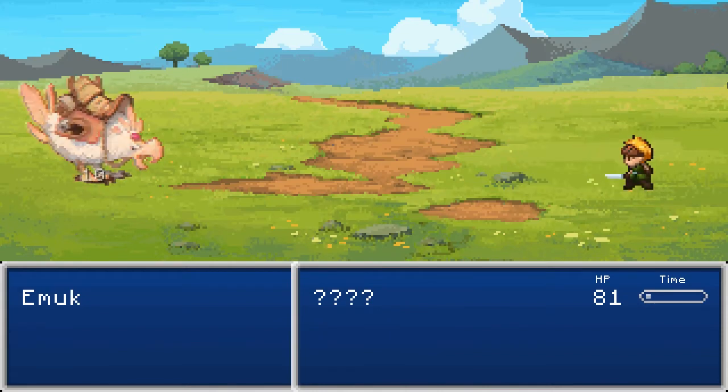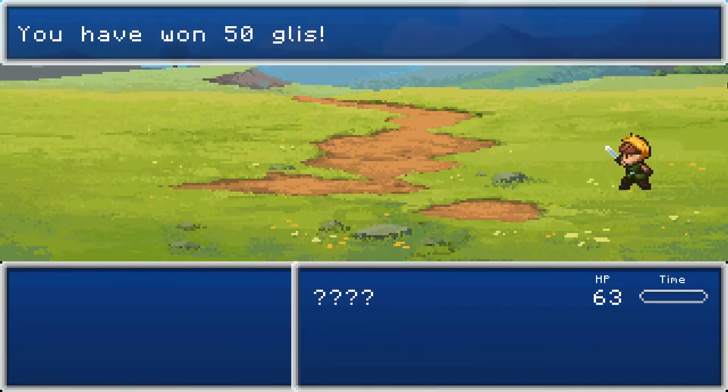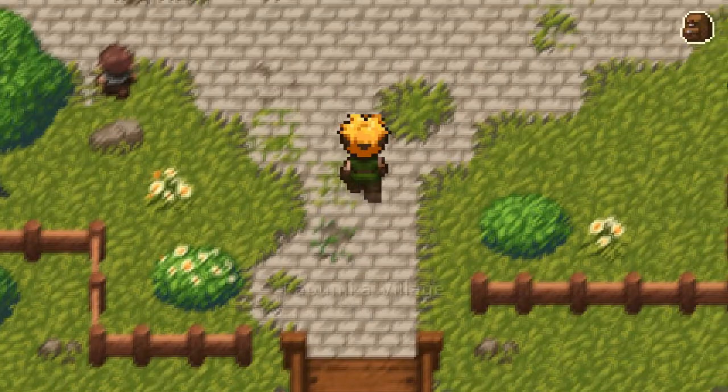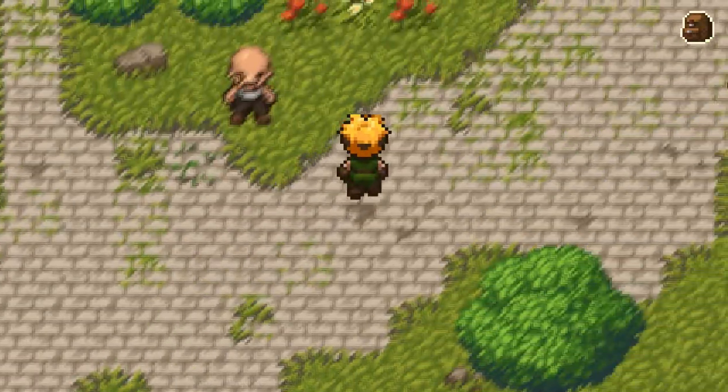And the reason I'm going back out is I need money because they won't let you pass the village unless you have better equipment, and obviously we need more money for that. And we get Gliss, or Gliss, which is a typo though. Now, that is another problem I have with the game though, is that there are a number of typos, but